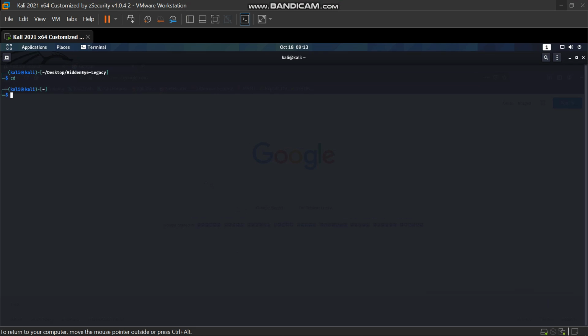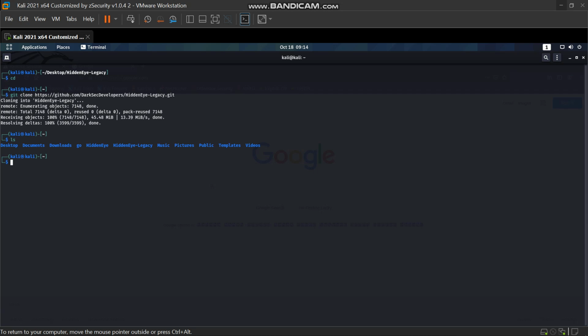For that, you need to type a simple command, git clone. Remember, if you need to clone any link from GitHub, you need to type the command git clone and then paste the link. After cloning, type the ls command.